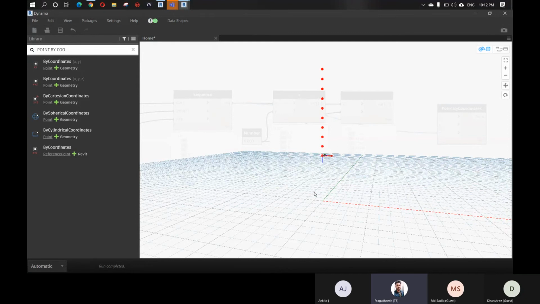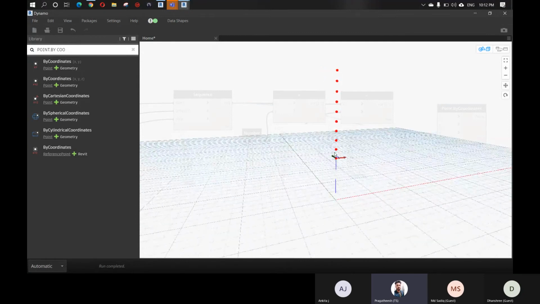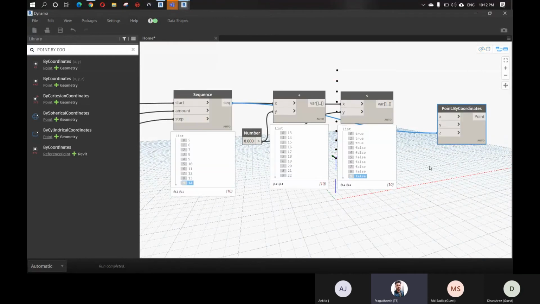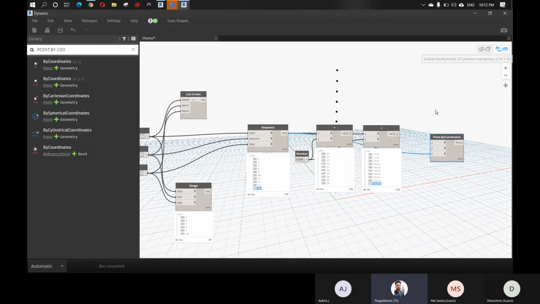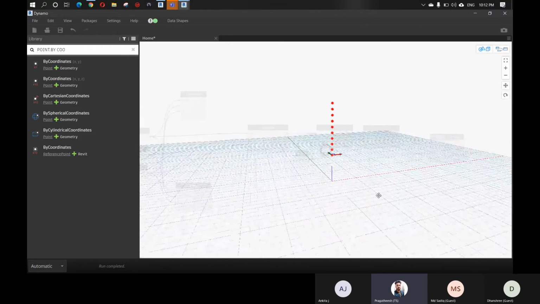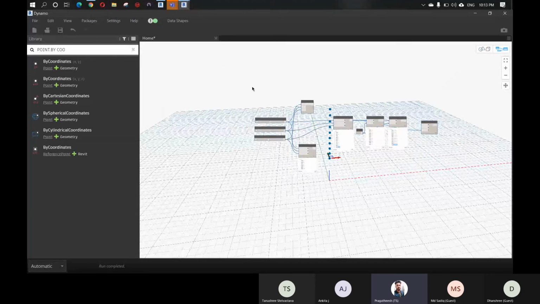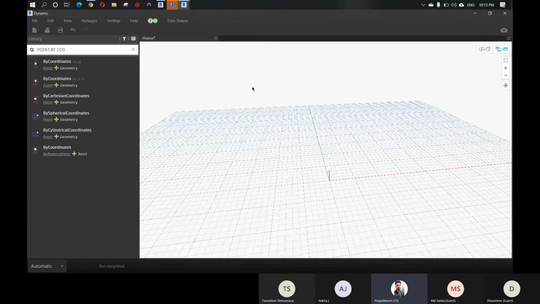Whatever units you are using, it just creates points at unit 5, unit 6, unit 7, unit 8 till unit 14. This will help you in the upcoming classes because this is important, and I'm just deleting all this.